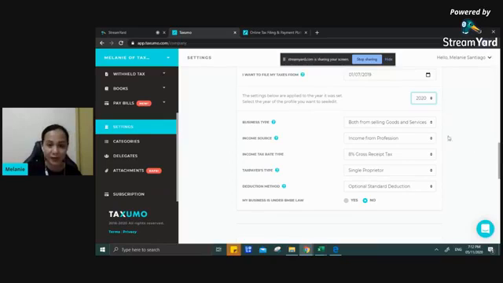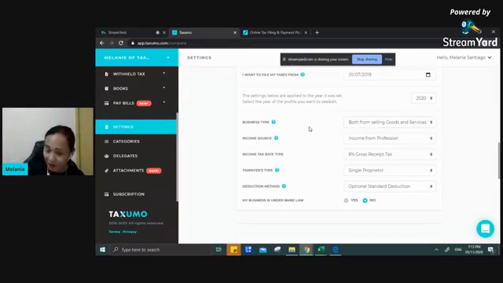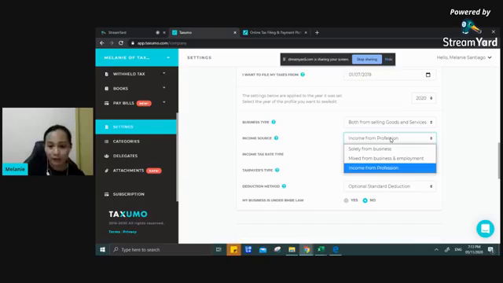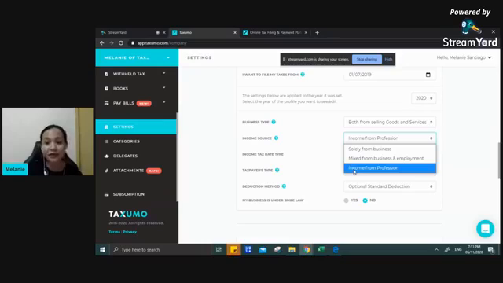Now, on this specific part, this is where you indicate your business type, if you're both selling goods and services, or providing services lang, or selling goods. For income source, we want to remind you, and by the way, there are tooltips along the way to guide you through, it is very important to indicate your income source for this specific year. If you started the year being employed and then started your own business, you can input mixed from business and employment. Or if you are currently employed and you are earning as well from the business, you have to indicate mixed from business and employment. But if you started the year earning solely from business or from profession, you have to